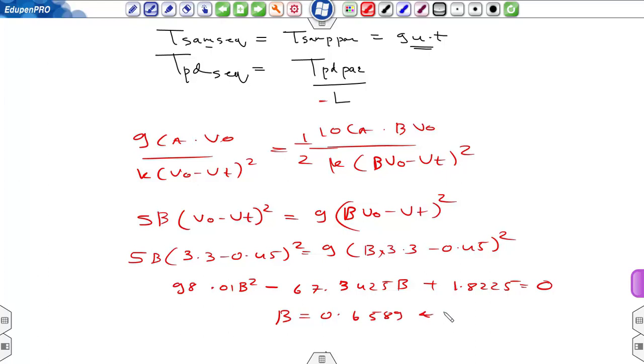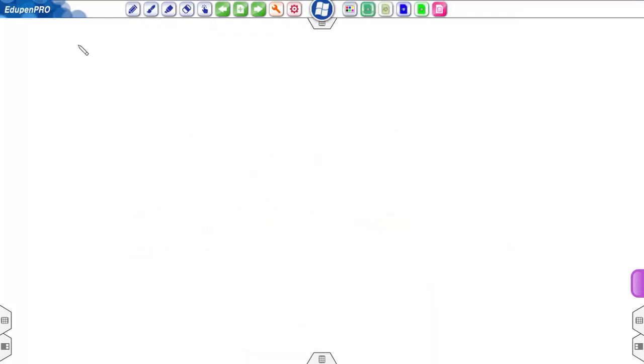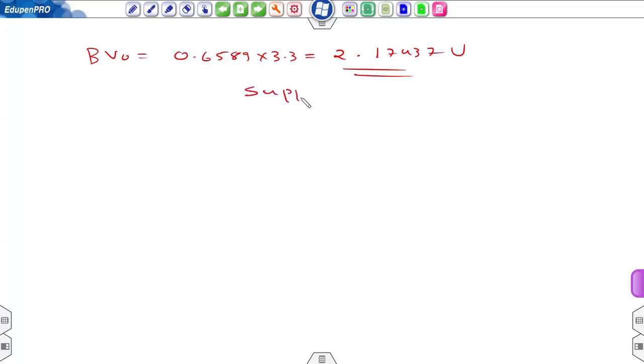And solving this quadratic equation, you will get beta equal to 0.6589 and 0.0282. So beta V naught should be greater than Vt, and for this beta will be 0.6589, and beta V naught is 0.6589 into 3.3, that is equal to 2.17437 volt. This is the supply voltage of the two parallel FIR filter,